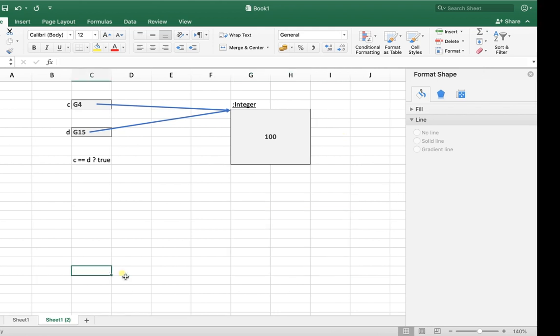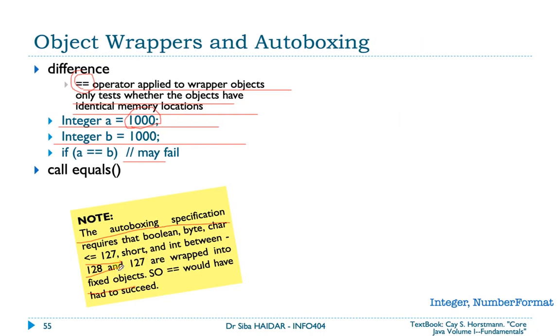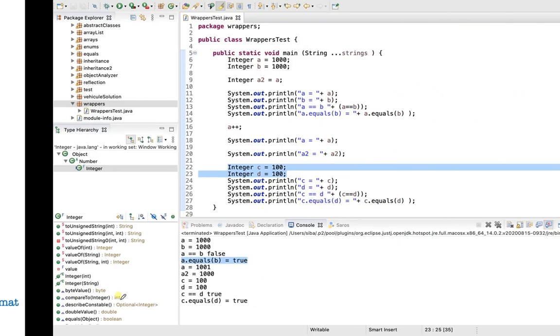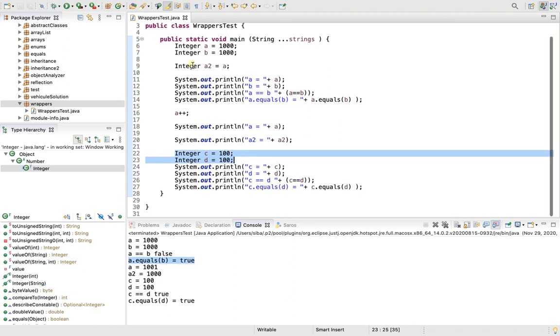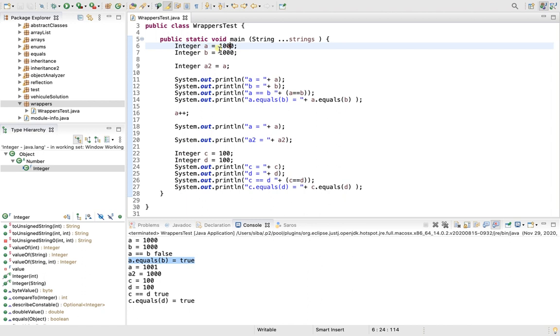This is the Java specification. They are guaranteed in these intervals, so the equals will have to succeed. But if you write your code, just call equals. So here is the rest of the program. Integer A equals 1000, Integer B equals 1000. If A2 is equal to A, and then I say A++,